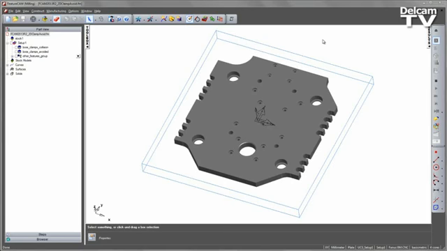FeatureCAM 2013 R2 now has a new option to clip or trim toolpaths to clamps and fixtures. This new option has come in for the 2.5D machining operations. We do this by using the new NT toolpaths and select a Check Surfaces option to avoid those clamps or